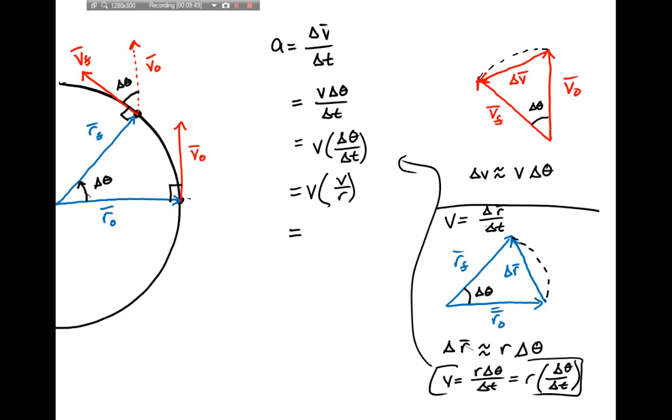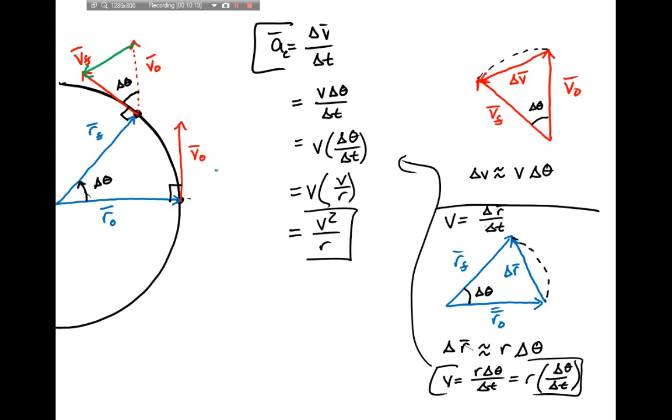So my centripetal acceleration is v squared divided by r. Now, this gives me the magnitude of my acceleration, but what about the direction? So let me use green for the direction of the acceleration. Now, remember, acceleration is change in velocity over delta t. So obviously my centripetal acceleration is going to point in the direction of delta v, and that's something that looks